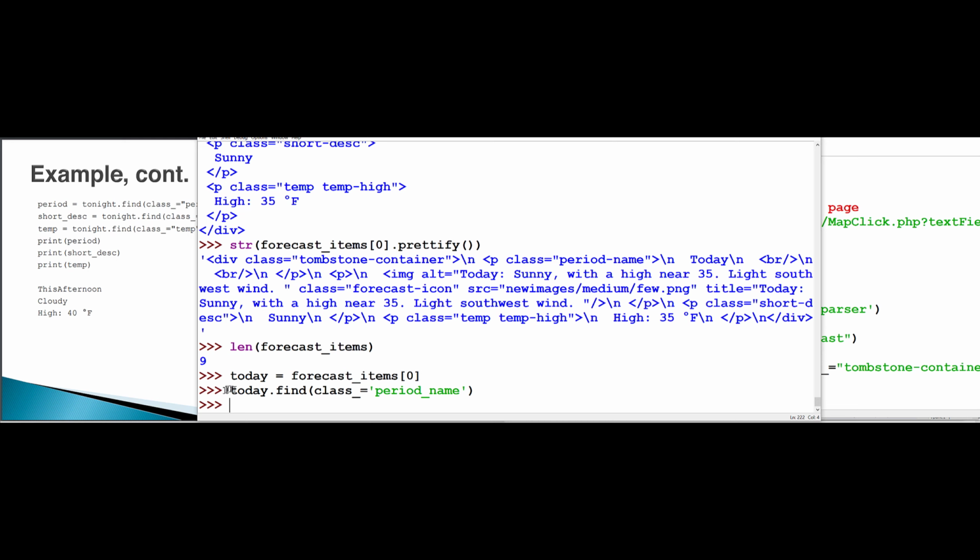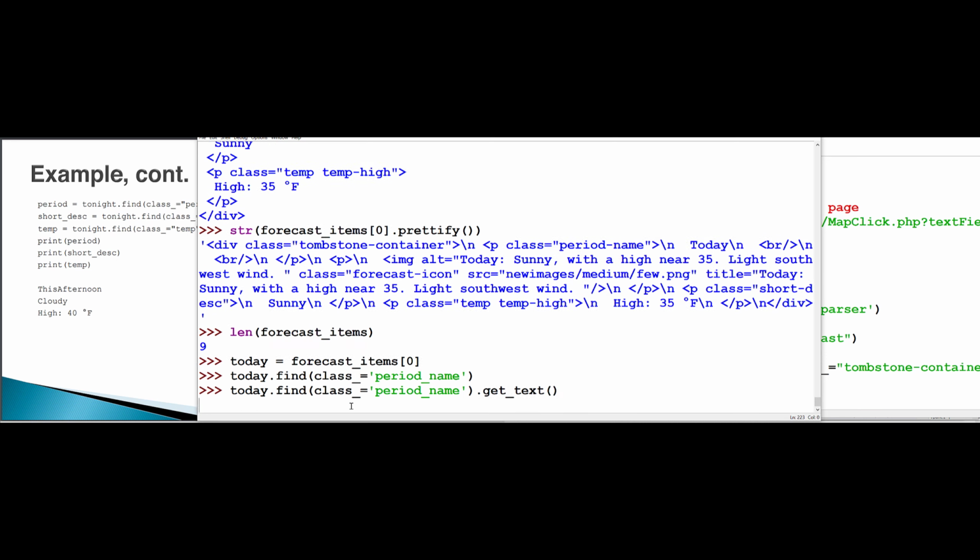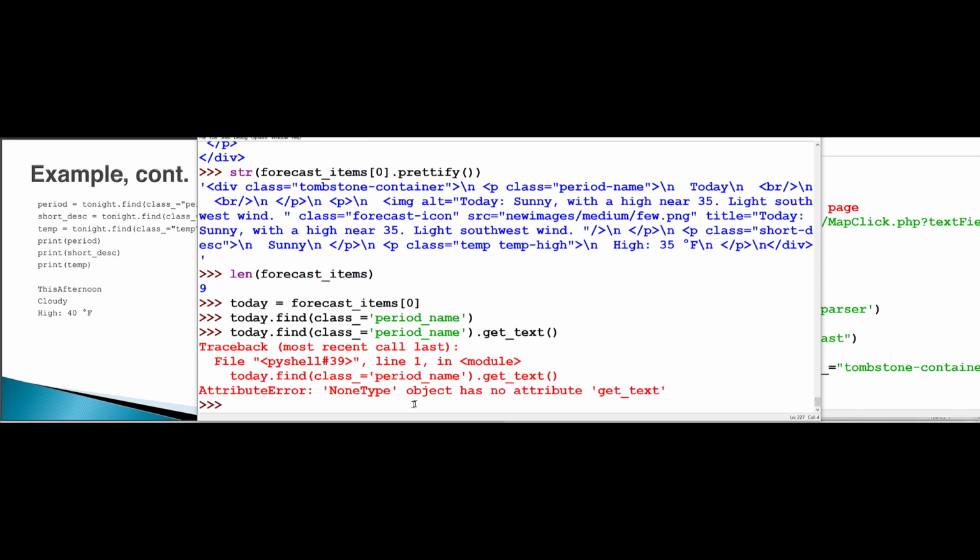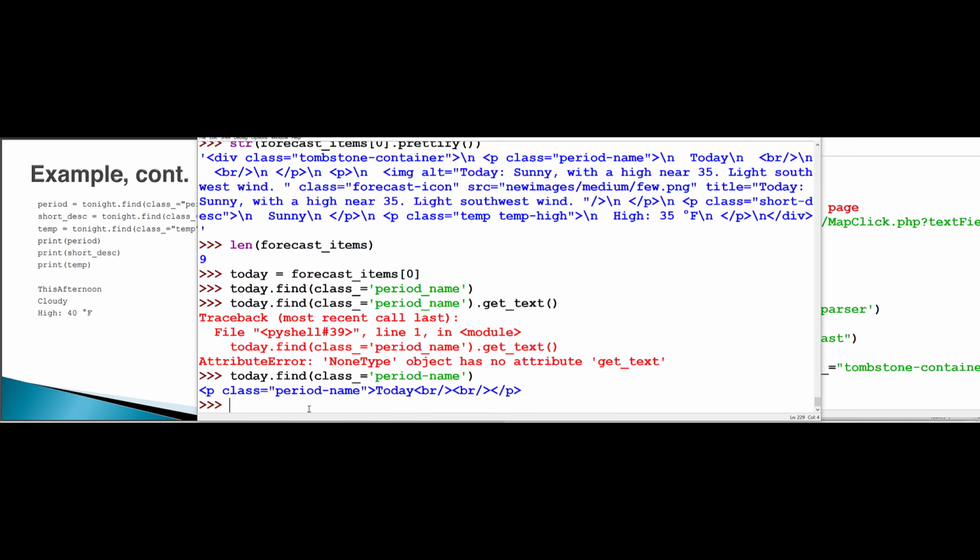Strange, I got no result. Oh, I misspelled it. That needs to be a dash. Yeah. Okay, so period dash name. There we go. And then if I say dot get_text, that will just get the text part